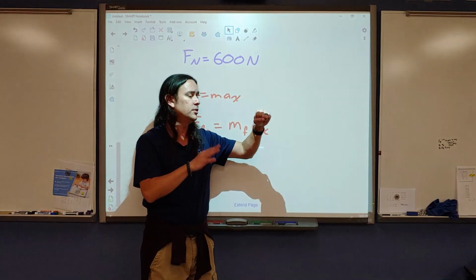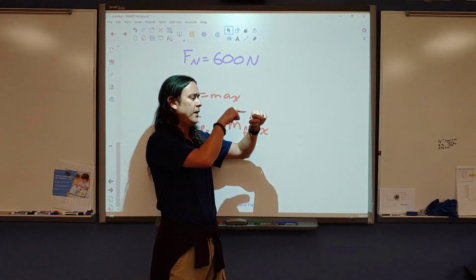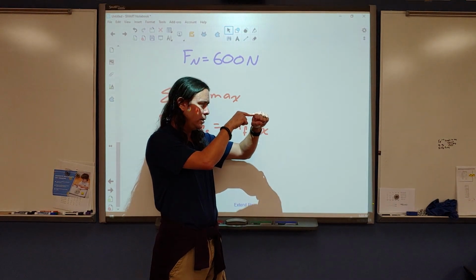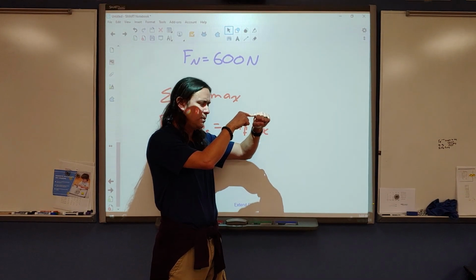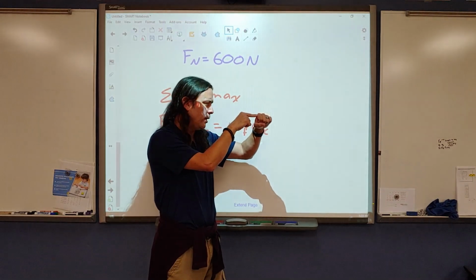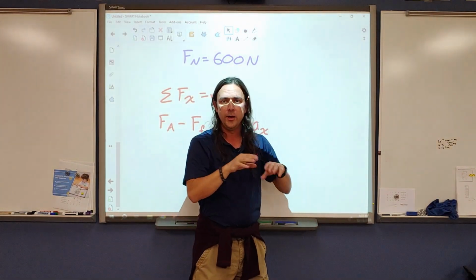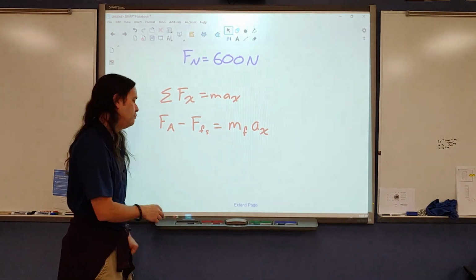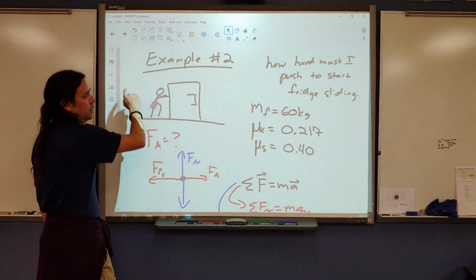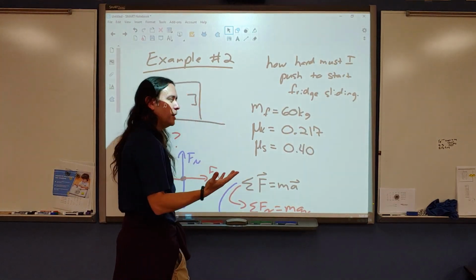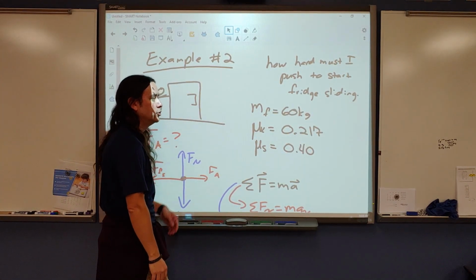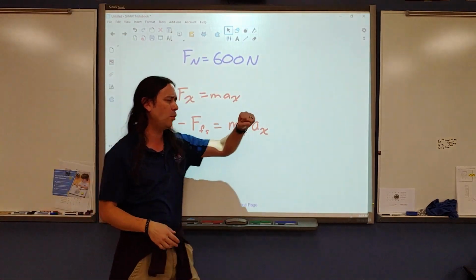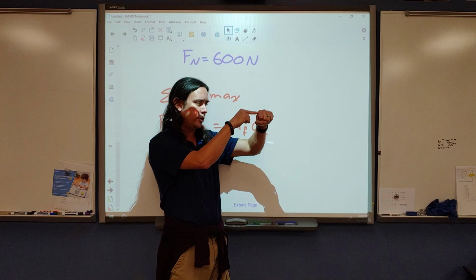Okay, but the idea that I'm trying to get across here is this. If I push with a small amount of force, 1 Newton, it doesn't do anything. 2 Newtons, still nothing. 3, 4, 5, 6, maybe by the time I get to 10 Newtons, right around 10 Newtons, it starts sliding. This happens with most objects. You have to push at least a little bit to get it moving, and that's what I'm asking. How hard, and maybe I should say approximately how hard do I need to push in order to get this thing to start moving? So in my example with the rock, well, I could push with 1 Newton of force,